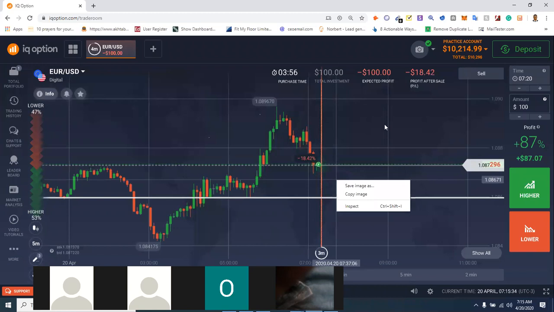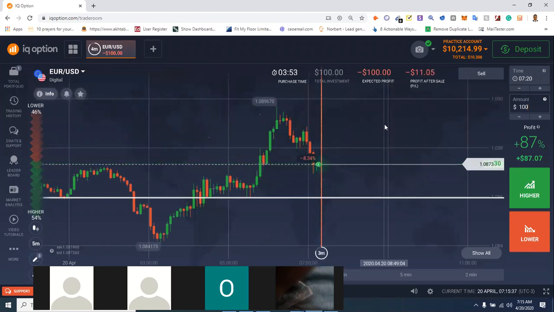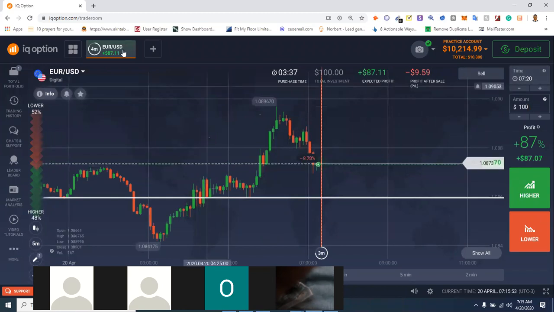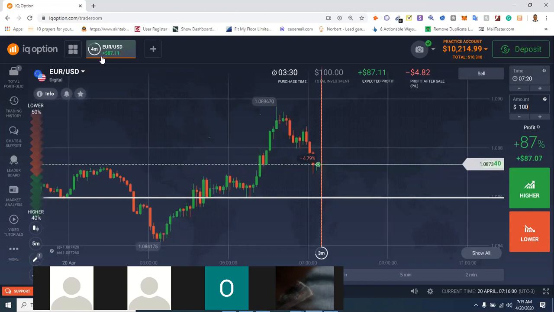We are waiting for 5 minutes. While you are waiting, be observant. Once you have 30 seconds here, a plus sign will come up here. You click on that plus sign once. You change your time. You set your amount to double of what you lost here. Not the plus, the minus. When you see red, double of it. So since this is 100, it's going to be 200 when I'm setting it. So if we lose this trade, we'll go for the first martingale.